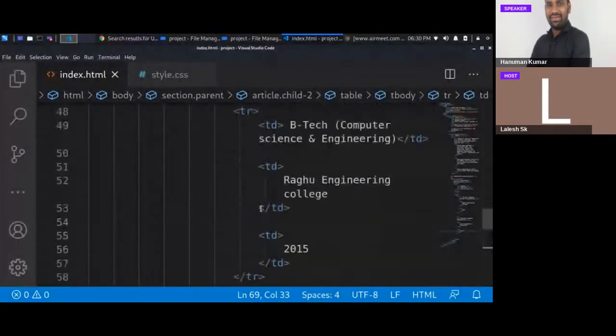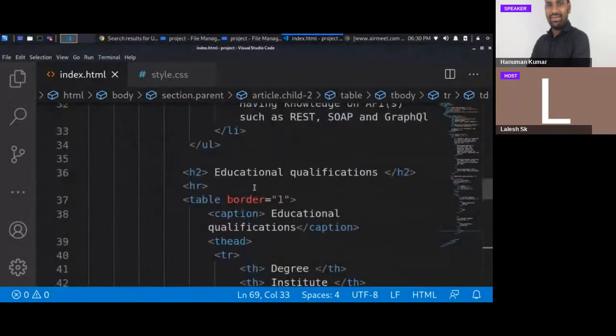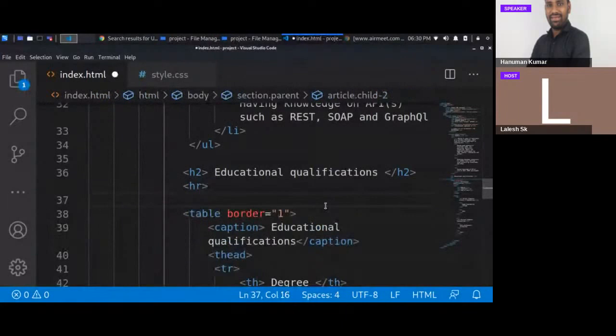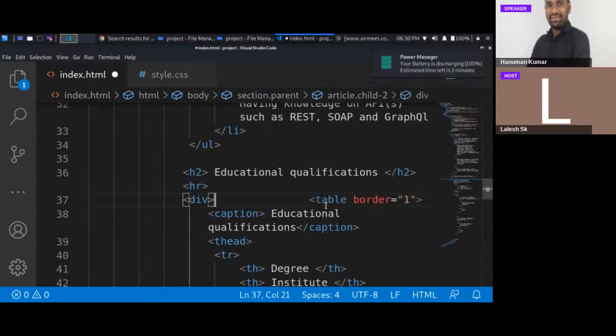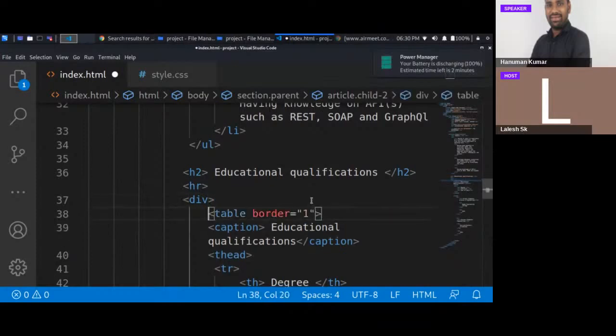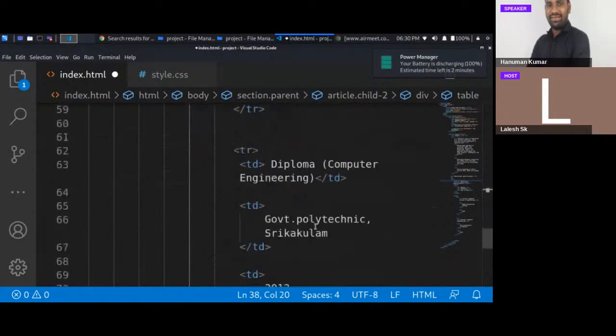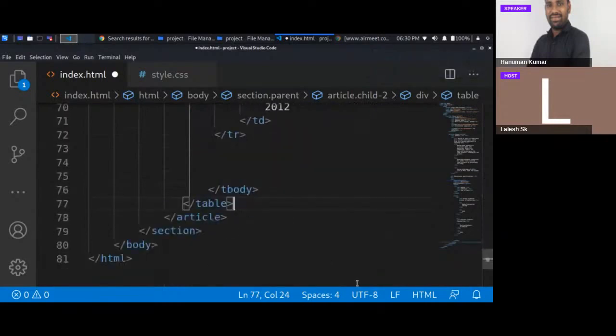So it's better to use a table in a division. So I'm going to apply the division for the table first. So division open and division close. So division is also closed here. I'm going to use the closing tag of the division after the closing tag of the table. So this is the table here,